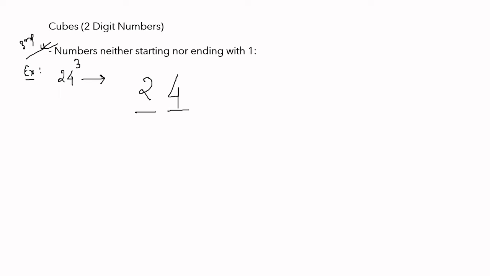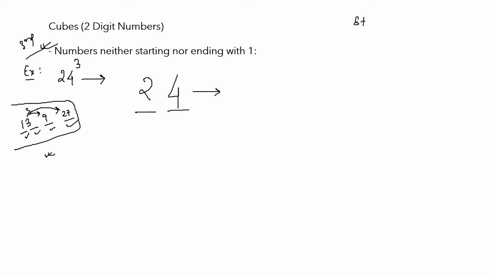I'll just quickly recap a bit for you guys. Let's say we were taking 13 cube. We were considering 1 as one part, 3 as one part, then we used to do 3 square, 9, we took it as one part, and we used to do 3 cube, that is 27, we took it as another part. So we obtained 4 parts while we were solving cubes for 2 digit numbers. So just keep it as it is. So what we need to do here is,